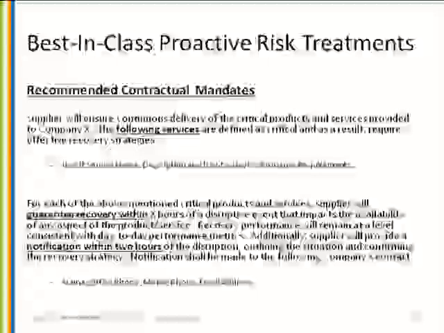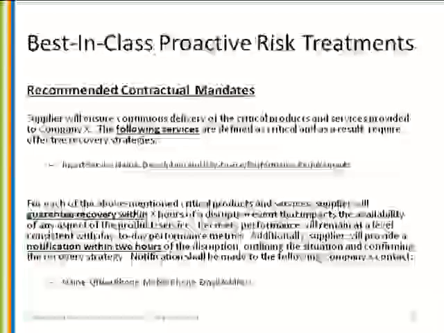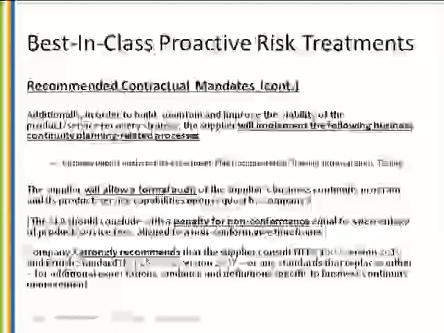I think there also needs to be very specific language around guaranteed recovery timeframes following some sort of disruptive event. Clearly, suppliers can't prevent every disruptive event, so it's logical that there has to be a time frame associated with recovery, and that should be called out and agreed to by both parties. And it's also very important that contractual mandates include notification between the parties, so that if the supplier does have an issue meeting its obligations, there's a specific time frame where notification is mandated and a specific contact at the buyer that's notified when the disruption has taken place and potentially could affect the buyer's interests. Next slide, please.